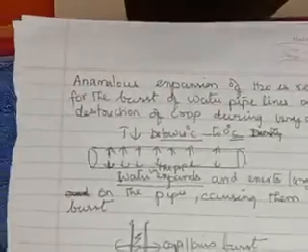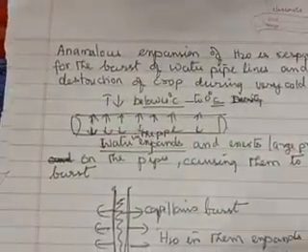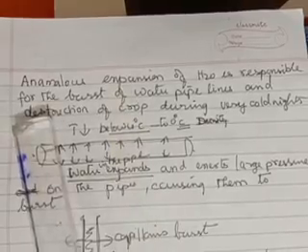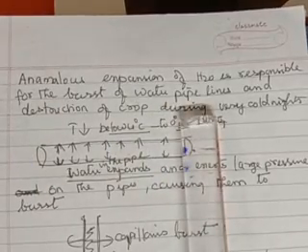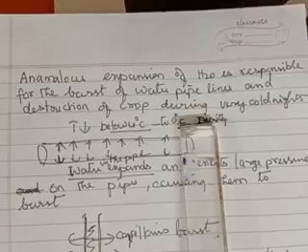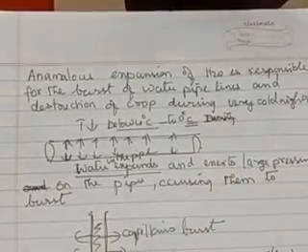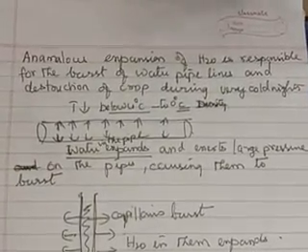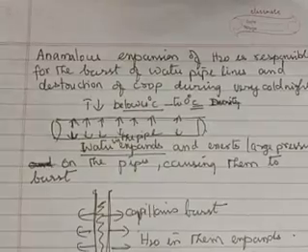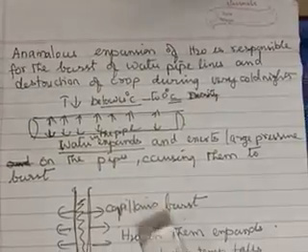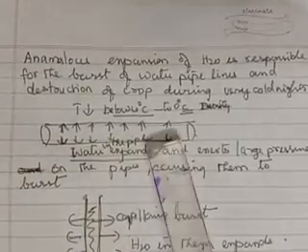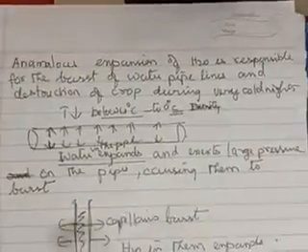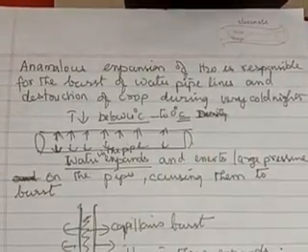Now, we are coming to the last 3 consequences I have taken. Okay. Now, anomalous expansion of water is responsible for burst of water pipelines, and destruction of crops during very cold nights in cold countries. This is a big crisis, stigma, or a big problem in cold countries, how the water pipelines are to be maintained. Okay. How they are protected, you will be learning in 10th standard. How these water pipelines and the crops are protected also you will be learning. But now only you learn the consequence, the bad impact.